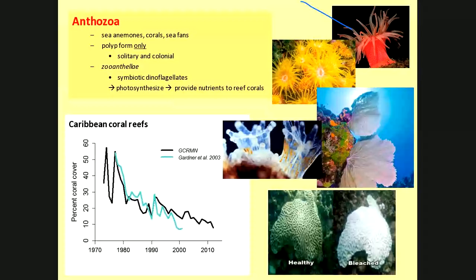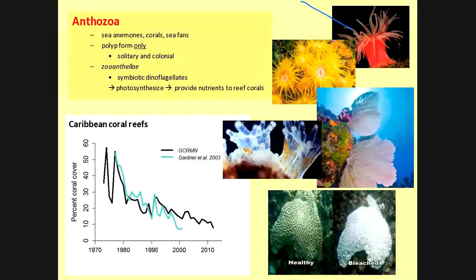The coral reefs are dying off, and one of the ways they're dying off is through something called bleaching. You can see a picture of what I mean by bleaching there. The coral on the left, which is ironically called a brain coral, looks like a brain, right? It has a color to it, kind of a greenish brown if you want. But the one on the right clearly has been bleached.